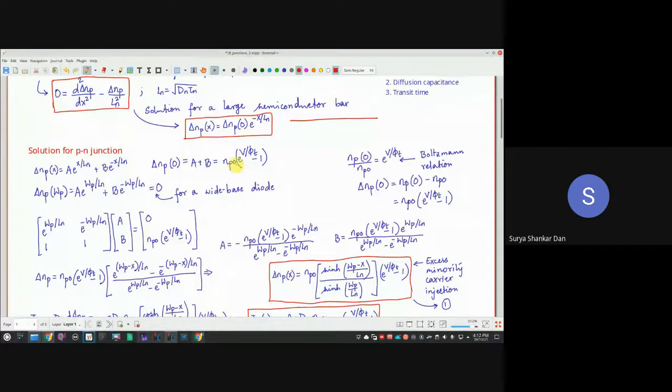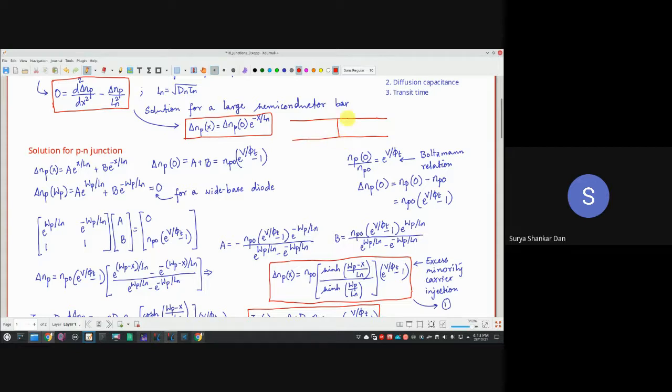So the first solution is for a wide base diode. And when we deal with the narrow base after a few minutes, what you will observe is that the narrow base diode is nothing other than the BJT. In the morning, we have learned something about one-sided junction, remember? So BJT will automatically be a kind of corollary of whatever we are doing today, right now. Just look at it.